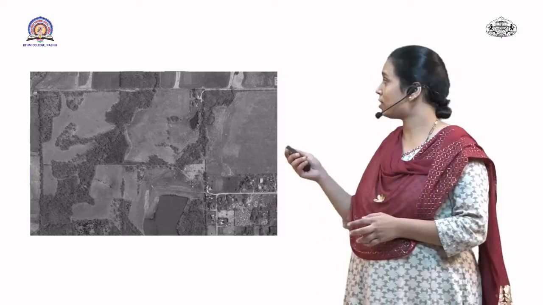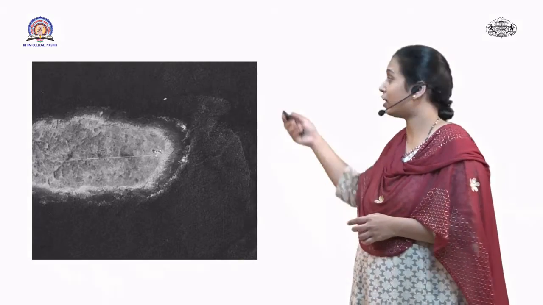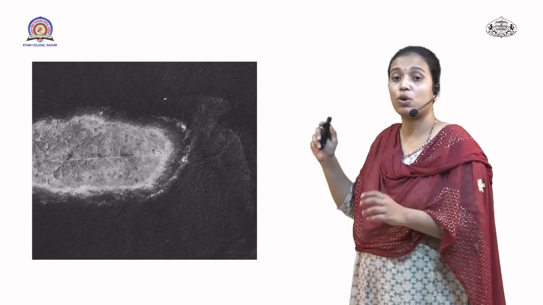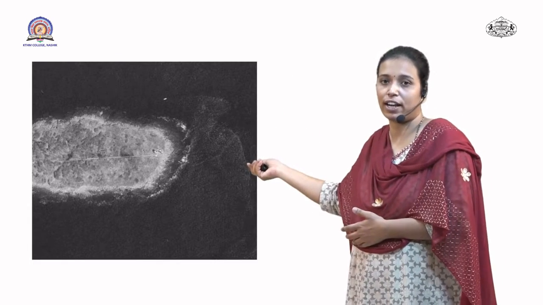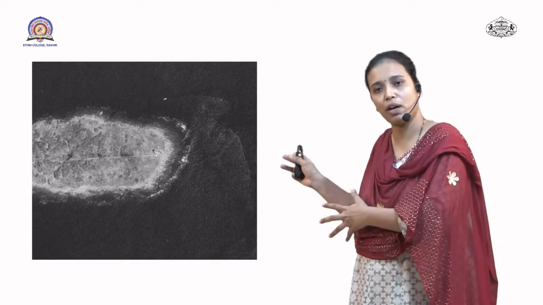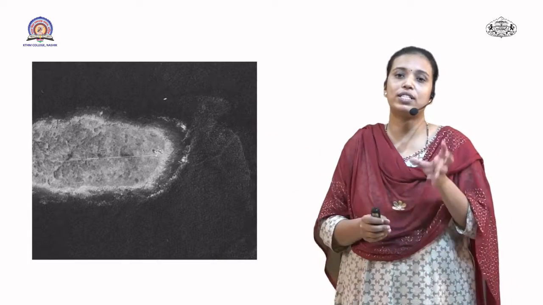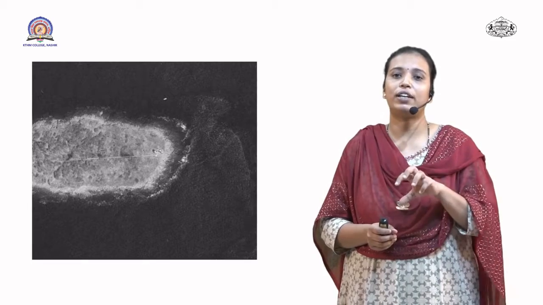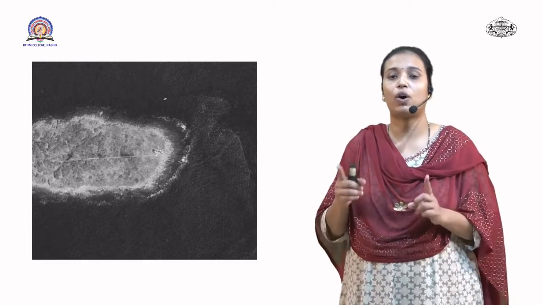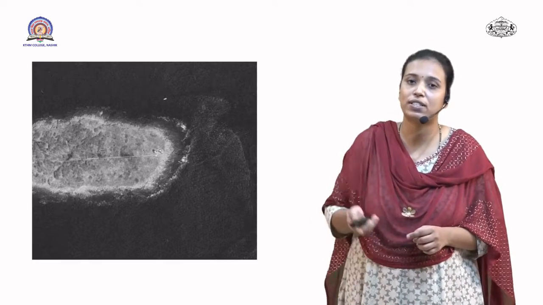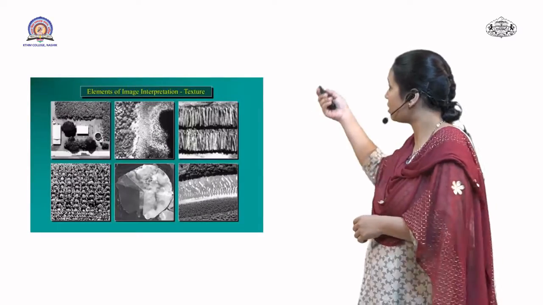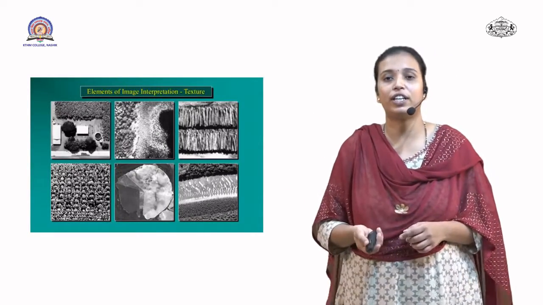Now next, this image also helps us to identify the water body which is surrounding an island. How am I identifying it as an island? Because here you can see the dark tone with smooth texture, so it may be a water body, and in between you can see the light tone. This light tone can be an island or any land part or terrestrial ecosystem placed surrounding the water body.